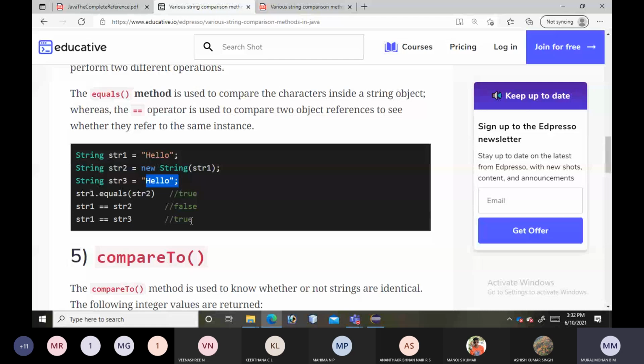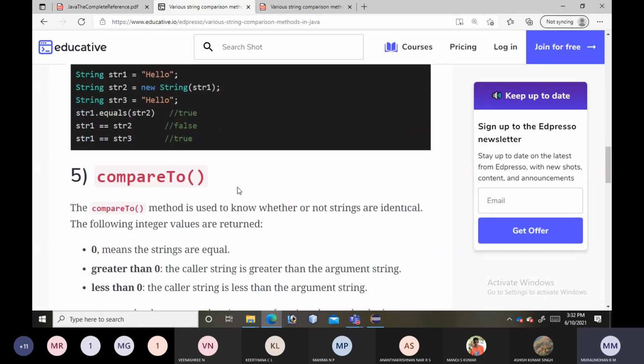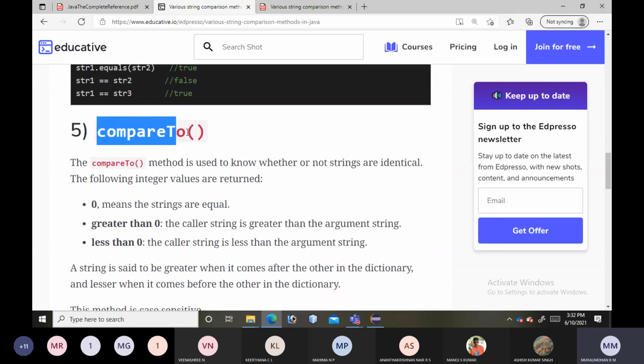Okay, so this is the difference we have between the equals method and the equal operator. The next method we have is compareTo. If I want to arrange strings in increasing or decreasing order, I should compare two strings and decide which string is greater and which is smaller.